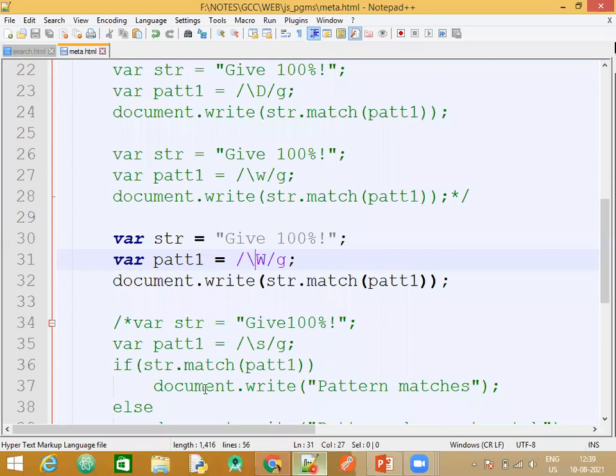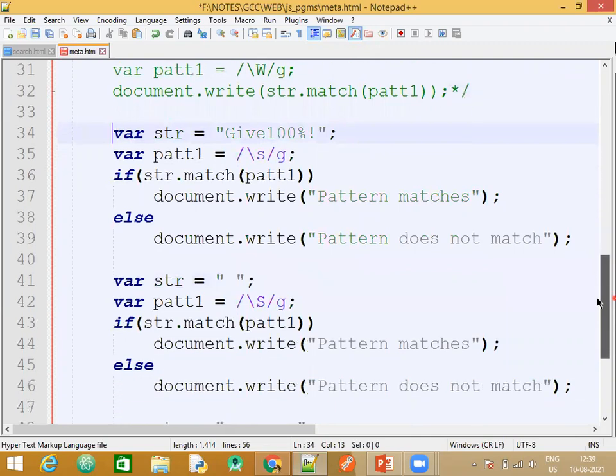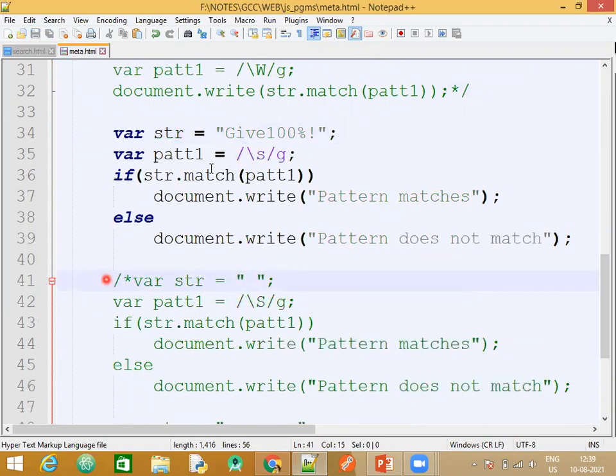Let's go back here. Go through the code. Same string. The pattern matched is slash s.